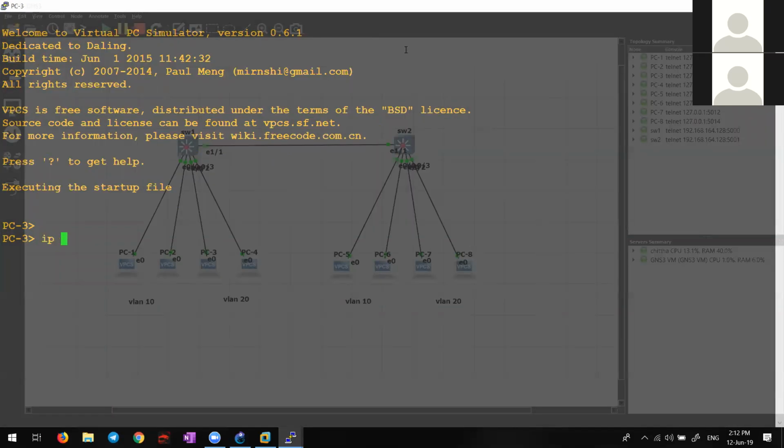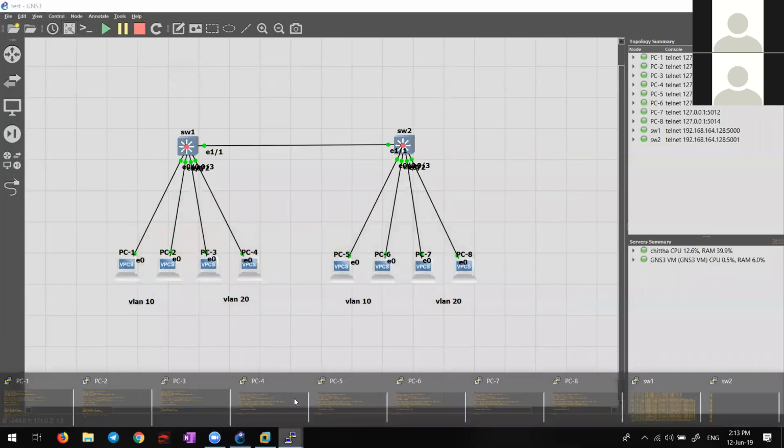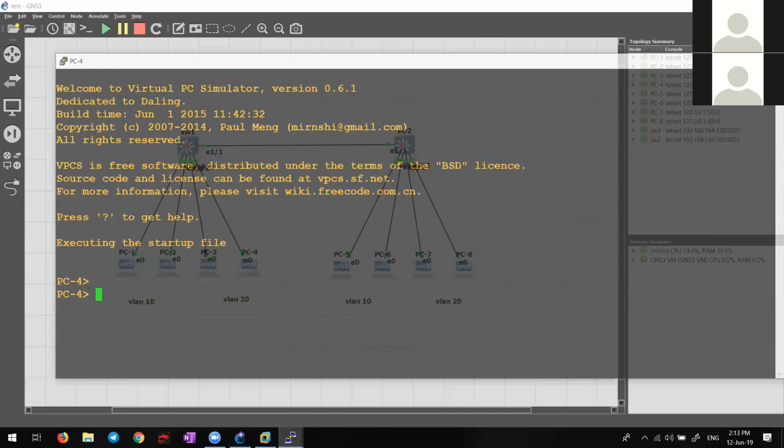PC3 IP 192.168.1.3/24. And PC4 192.168.1.4/24.